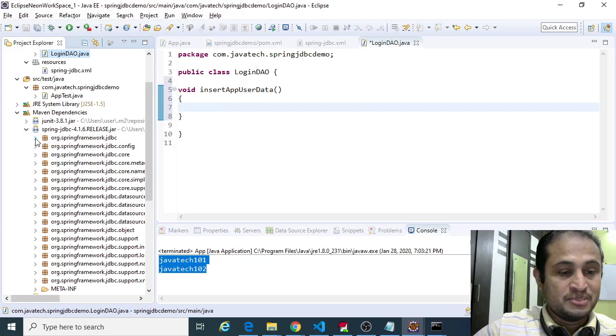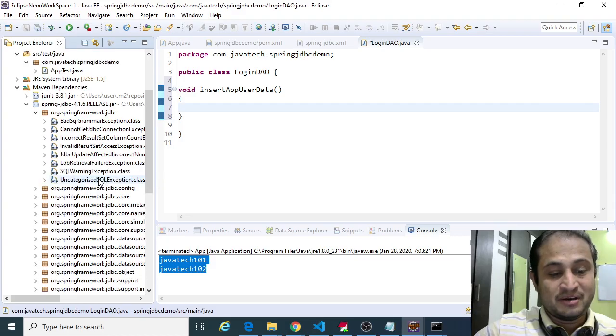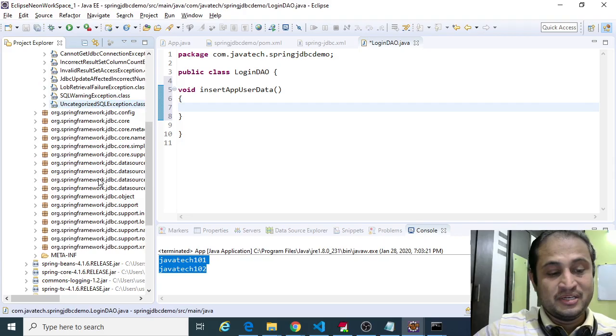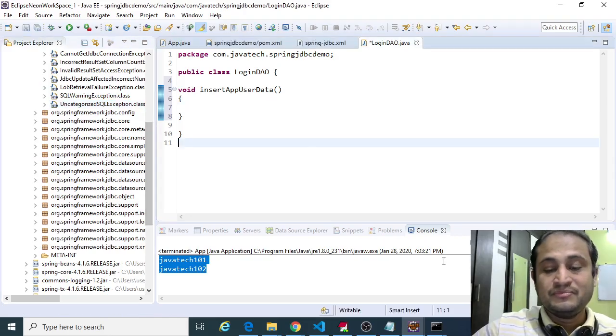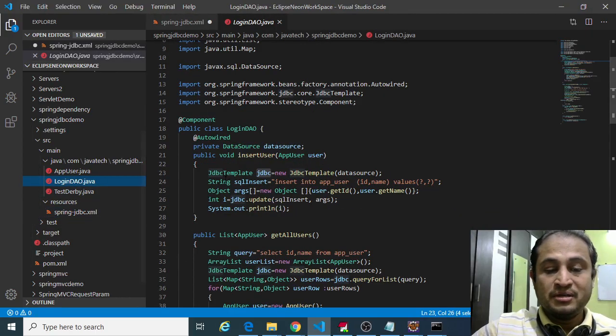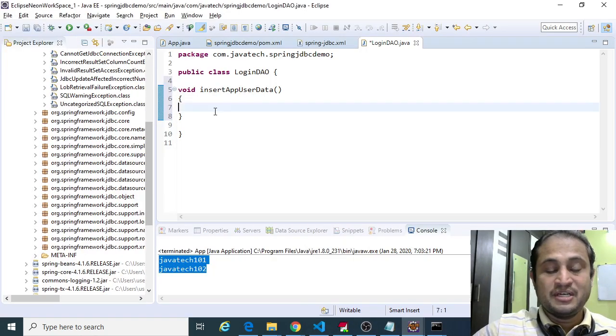So org Spring JDBC would have the necessary JDBC template related classes where we need to inject. So in order to do that, this is the class where we have the JDBC template,